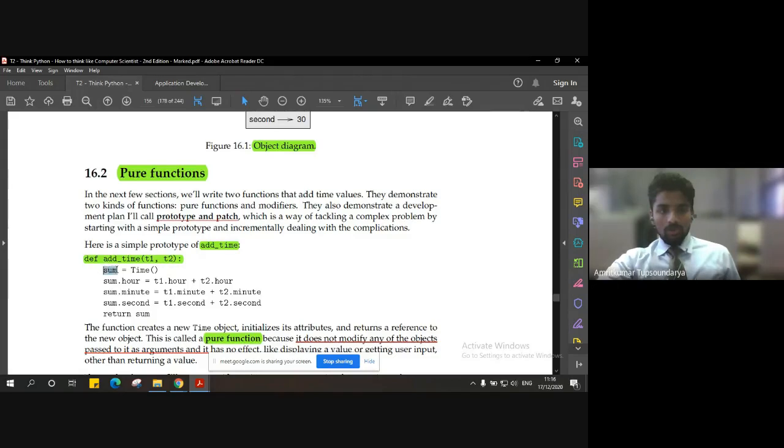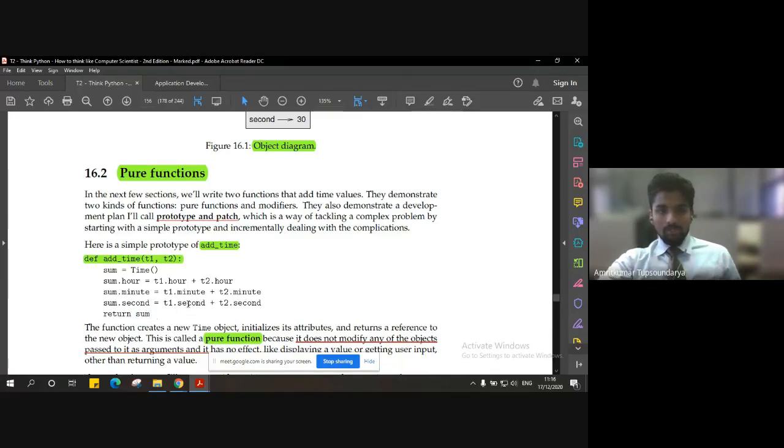The ultimate variable, sum, will be a Time object, followed by its three attributes. So sum.hour is equal to t1.hour plus t2.hour, the simple summation of the two timings. sum.minute is equal to t1.minute plus t2.minute, and sum.second is equal to t1.second plus t2.second. It's a simple addition of these three attributes, and we ultimately return the sum.